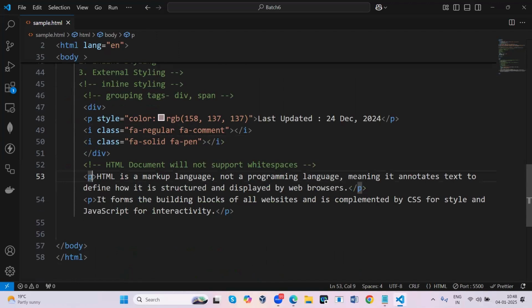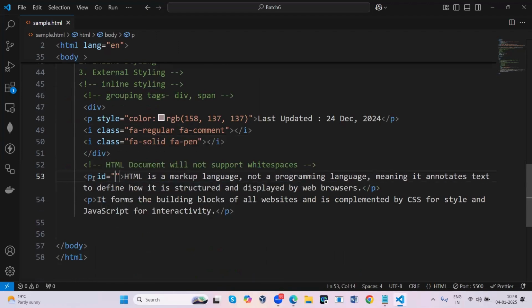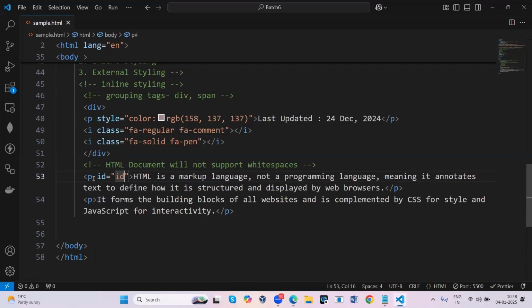First, let me explain the ID selector. To represent an ID selector, in the beginning tag of the HTML, use the attribute called id equal to, and give whatever value you like.